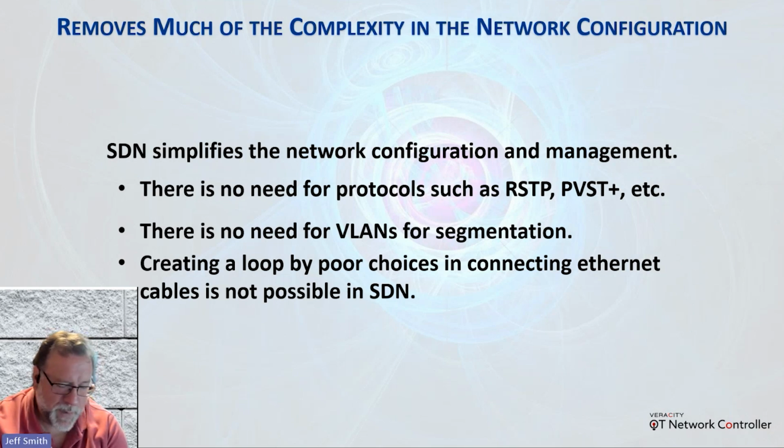I recall times in the past where electricians or maintenance folks would plug an Ethernet cable into the same switch, right? So they go out of port 1 into port 6, and you create a loop in the network that'll cause the entire network to go down. One of the beautiful ideas behind the SDN solution is you can't create a loop in the network. The controller won't allow a loop to exist in the network that will take the network down. So it somewhat proofs itself or prevents inadvertent issues like that from happening.